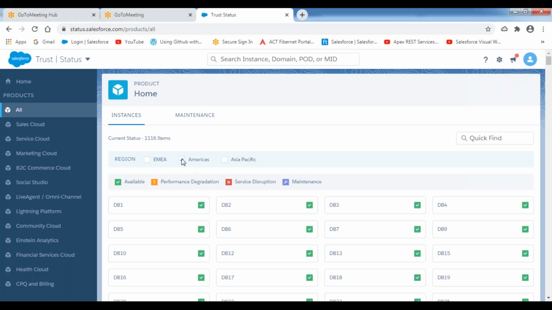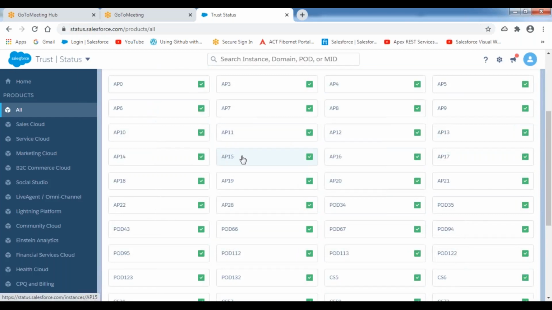Now, for example, assume that my server is AP15. That means for my application, Salesforce has allocated the memory space inside a server called AP15. If you want to know the current status of the server, it is indicating that. But I want to know the historical status of my server AP15. Why? Because today